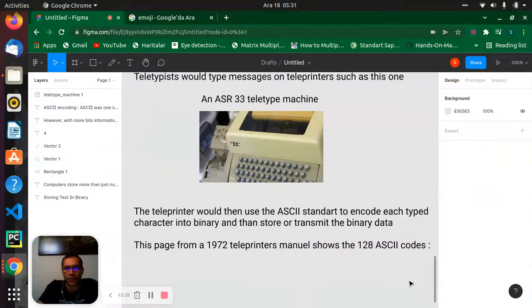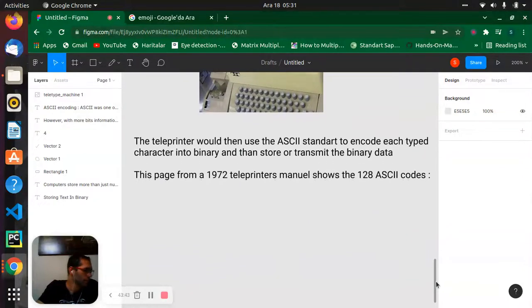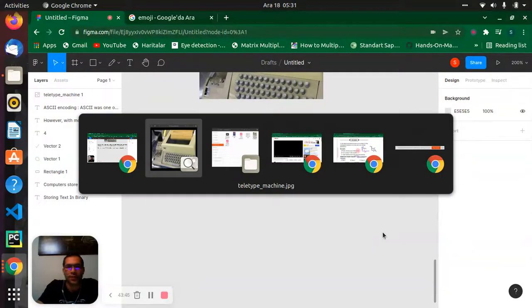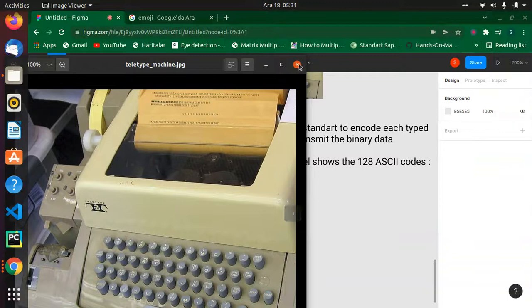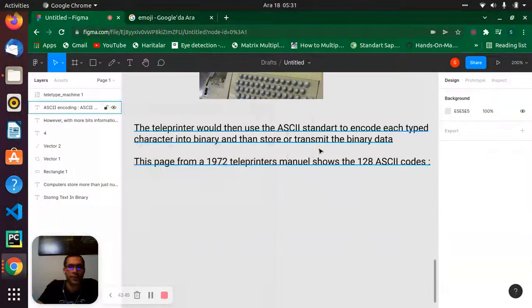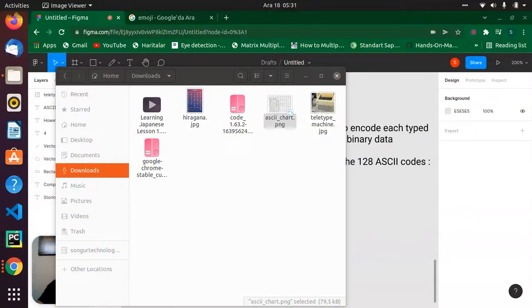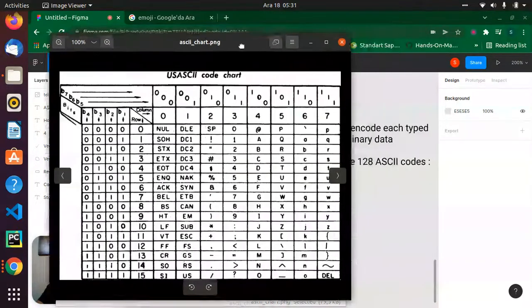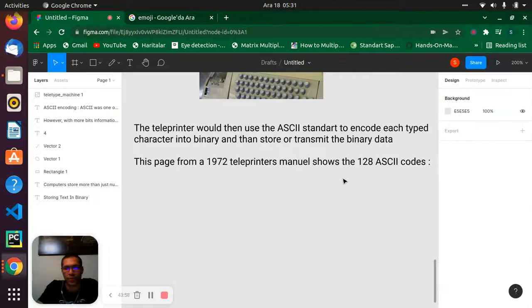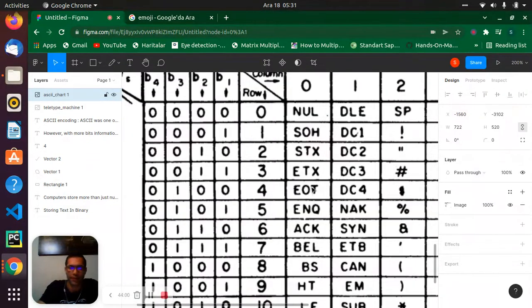Now I will put it again here. Let's come down. Let's close this one, come again here and take this one. Yep, put it here. It will be bigger again, I know.